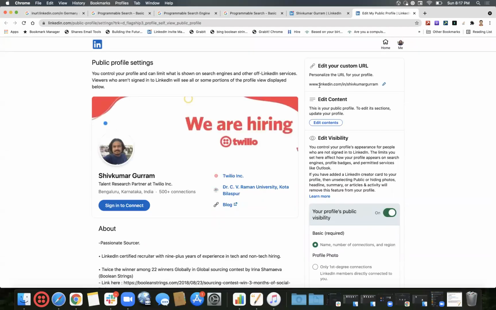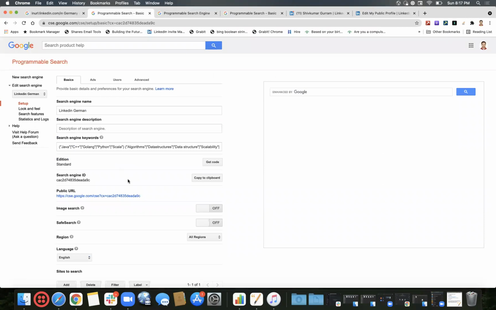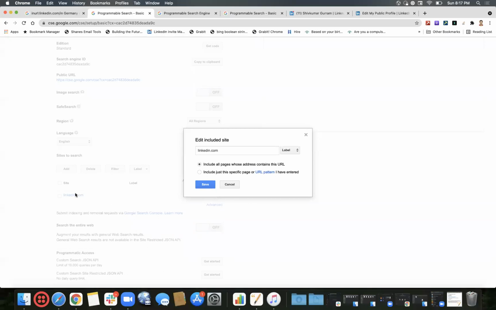This is how the URL pattern looks: linkedin.com/in and then a username, which could be predefined, modified, or anything. I'll come back to this, scroll down, and here we have linkedin.com, and that's where we click on it.